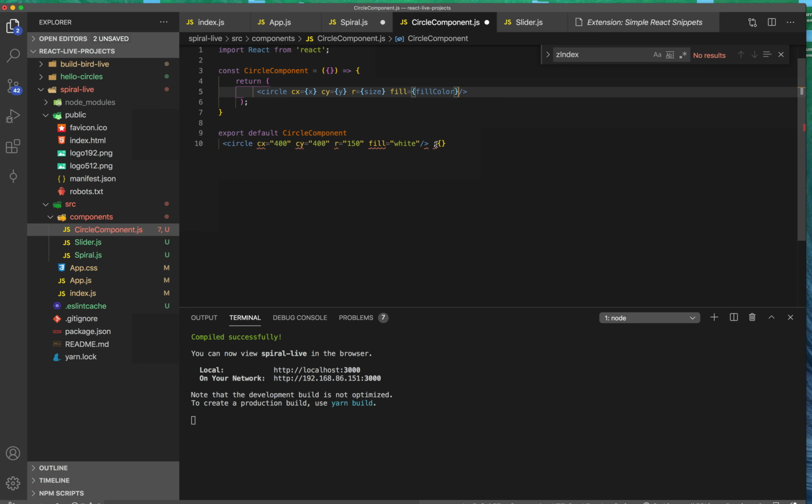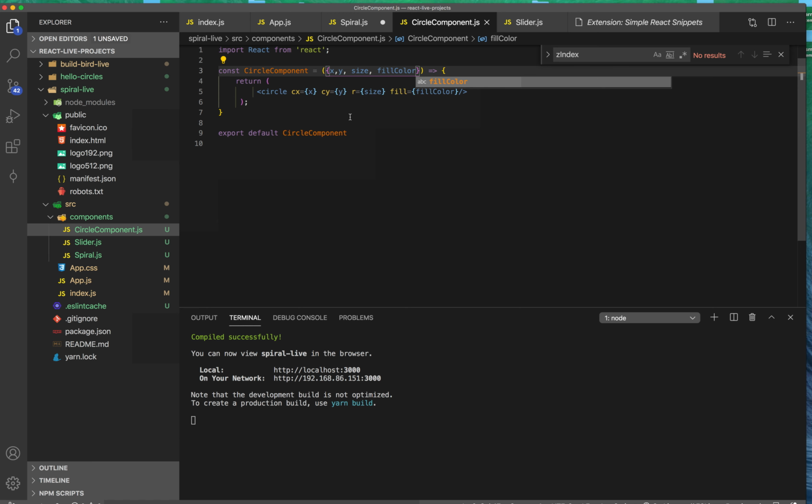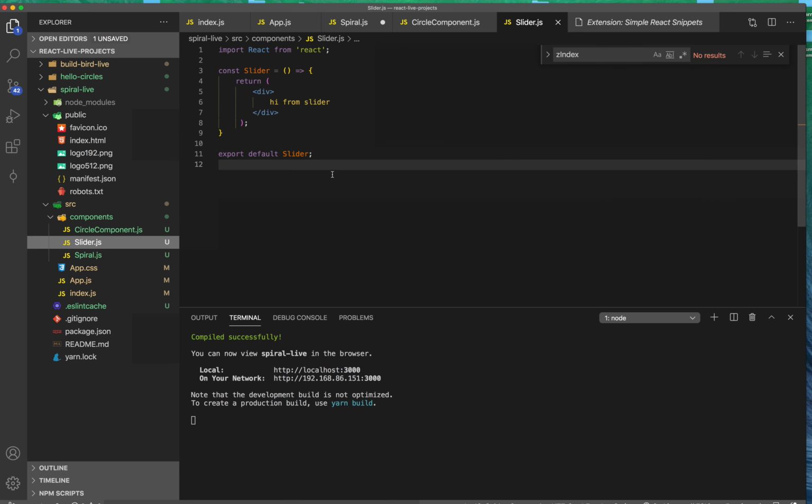And we can pass those in from above. We'll say X, Y, size, fill color, right? And this is going to be broken for now, I think. We'll see. On our slider, not our slider, our spiral,